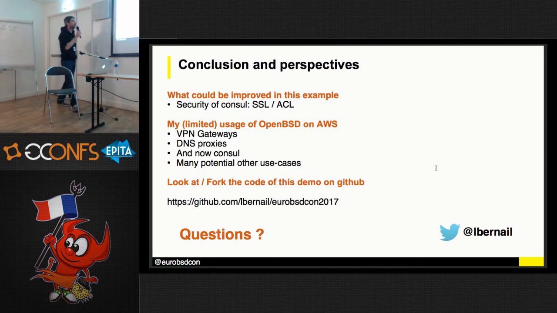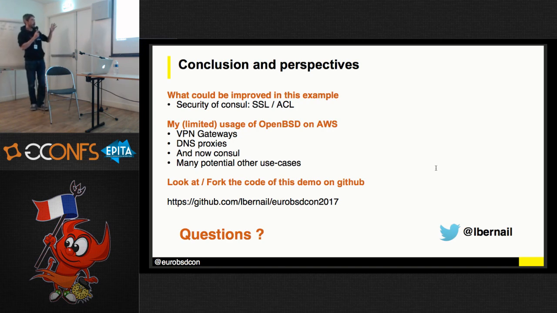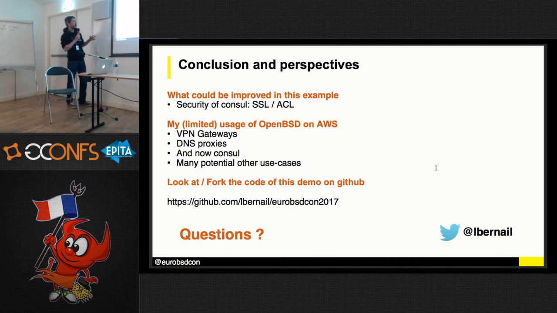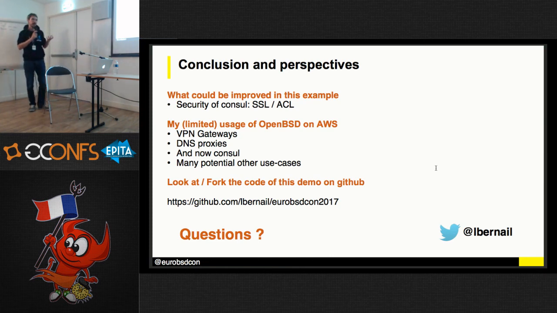So, just as a conclusion, I wanted to do a few things. One of the reasons I think OpenBSD is very interesting for this kind of service is that it's a basic infrastructure service that's going to be core in your infrastructure when you start using it. So using a simple and very secure operating system is very important. So I think OpenBSD is a very good choice for this kind of use case. And in my demo, there are many things that could be improved in terms of security. I did it in a very simple way, so it's already a little long.